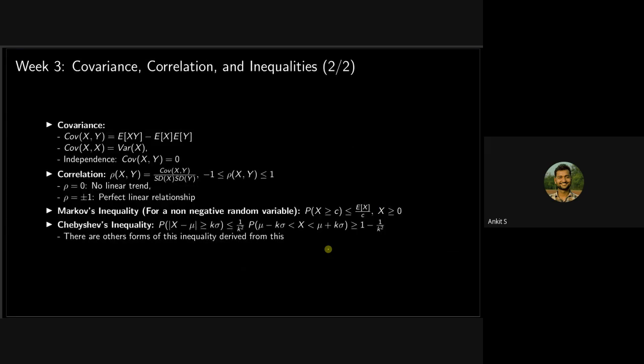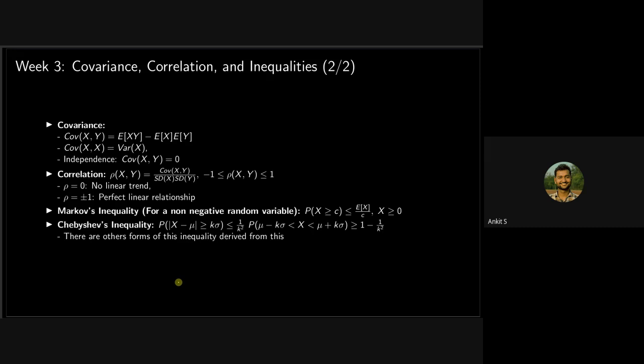And yeah, there was a second part of week 3 where we discussed covariance. So covariance you have also studied in Stats 1, but here we discussed it in terms of random variables. It just describes the kind of association two or multiple random variables have. And if their covariance is 0, it means they are independent. Okay, sorry, if